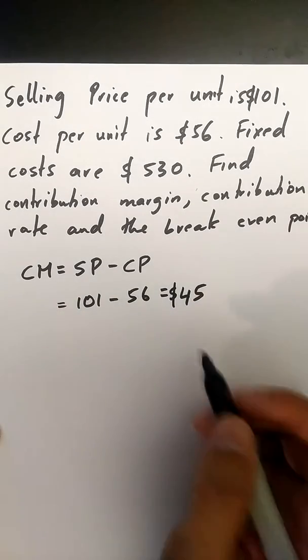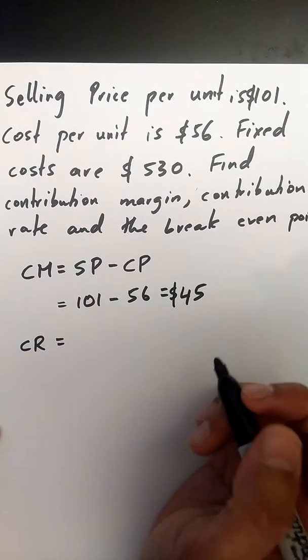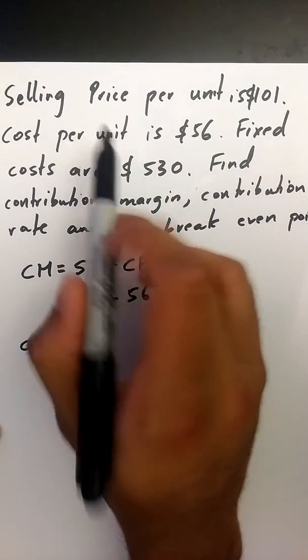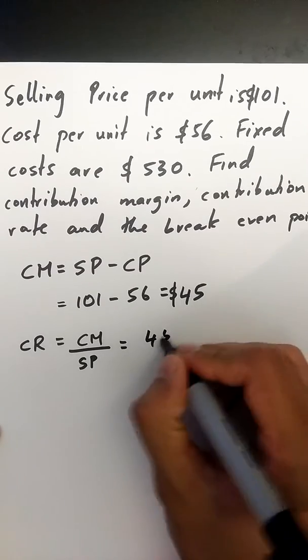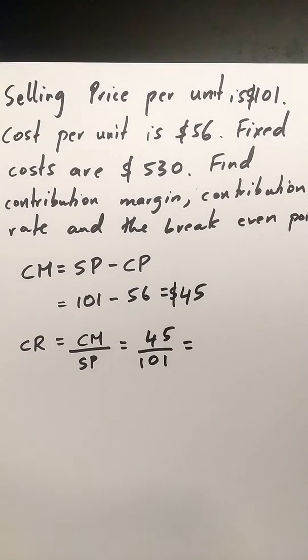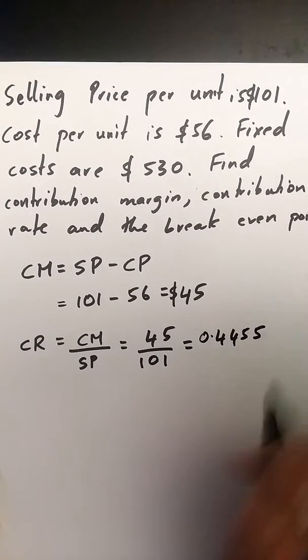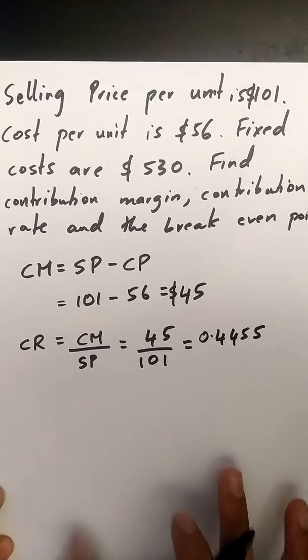Next, from our contribution margin, we can find a contribution rate. The contribution rate is your contribution margin divided by your selling price per unit. That's 45, and from the question, you know that the selling price per unit is 101. Then you can multiply that by 100 if you wanted to. That's 0.4455. I'm just going to leave it as a decimal